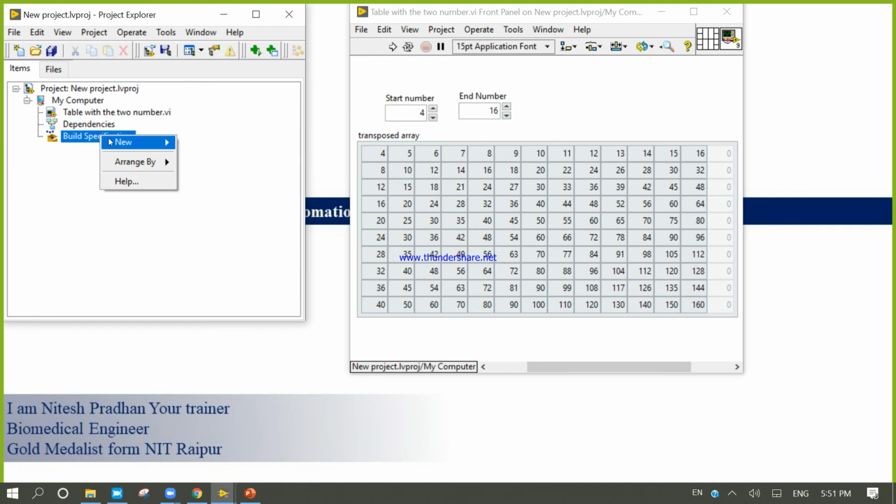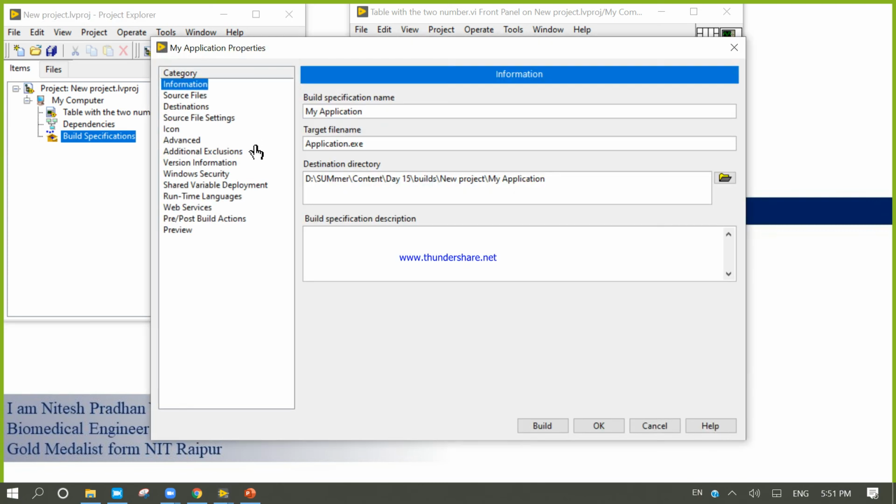Now right click, come to New and click on Application (EXE). If you click on it, you can access the application properties.